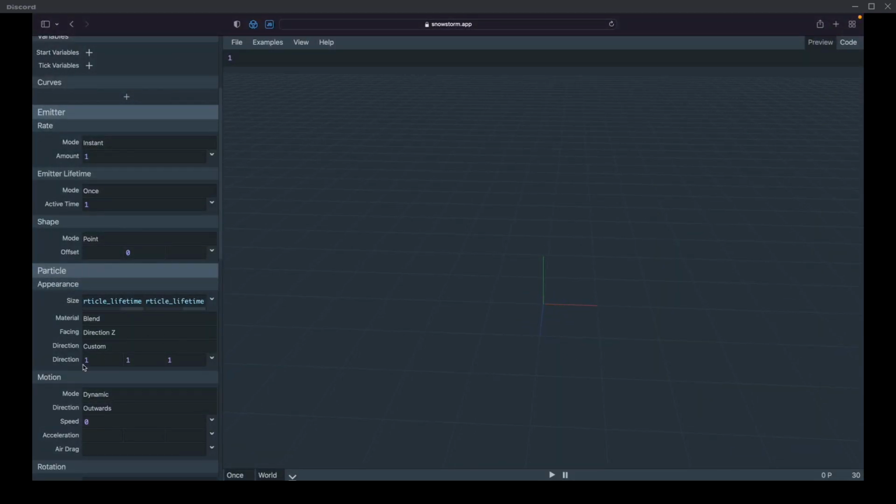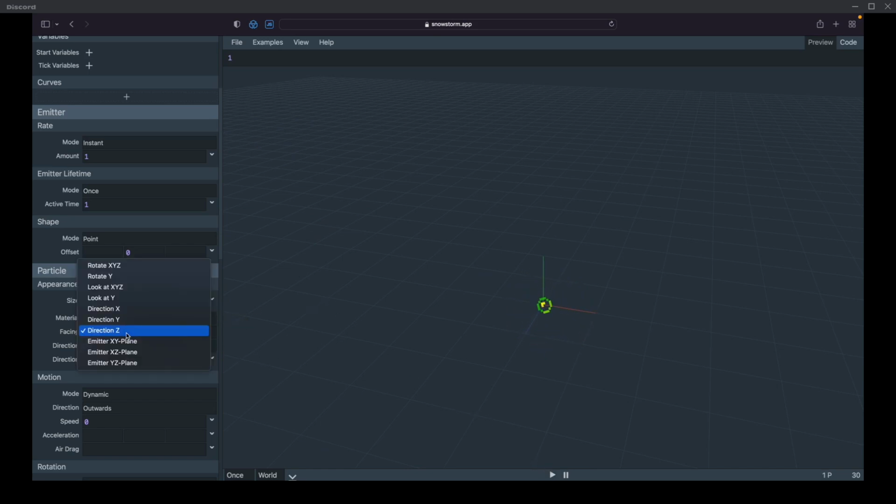And that's because when you use direction Z, the direction vector that you specify, from 0, 0, 0 to 1, 1, 1, will form a normal for the particle. So essentially that means that the particle is going to face that direction. If you don't want the particle to look at the player's camera, direction Z is going to be the most useful for you 9 times out of 10. I think there's one that they don't have here.